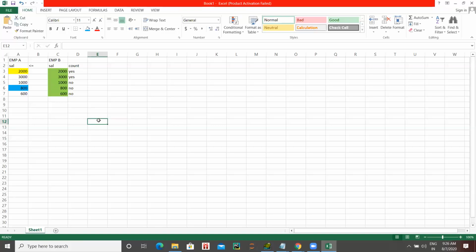In the E column, 800 is smaller than equal to 2000. Yes or no? Yes, right? You write yes. Like that you do all.